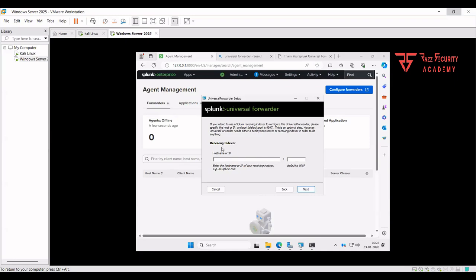Now it's asking for the receiving indexer. Right now I am using a standalone architecture, so my deployment server, indexer, everything is on a single machine. So I'm going to give the same IP here also. If you are using a distributed architecture, then your deployment server IP and this IP are going to be different. Then the port is